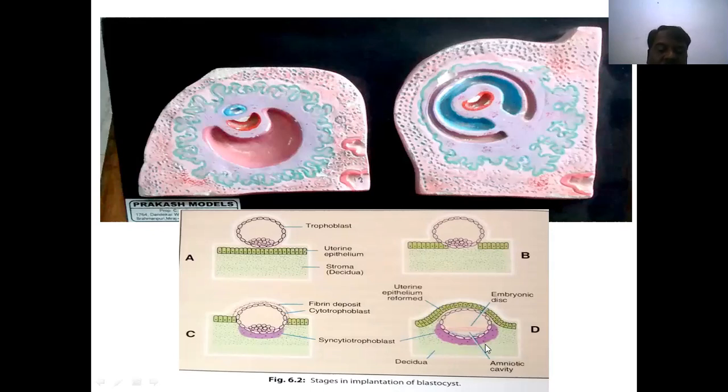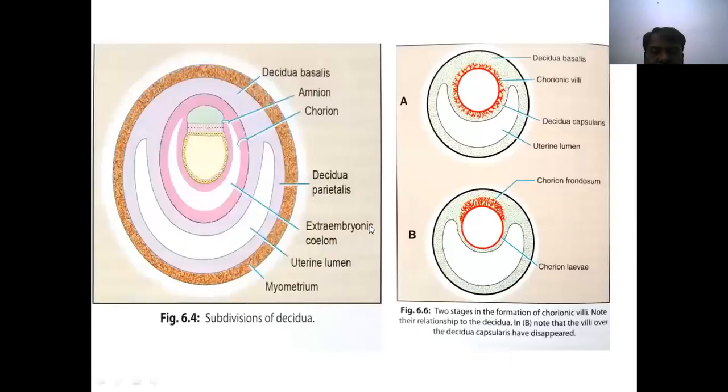Whereas in the secondary villi formation of the placenta, see here, we can identify how it is attached to the decidua. These are the maternal blood vessels going to these finger-like villi, reaching the primary villi. Then we have the anchoring villi, which erode inside and hold the position in the formation of the placenta. See here the decidua basalis and this is the chorionic villi. After that, the villi disappear and only the chorion frondosum is there. Where the villi disappear, that is called the chorion laeve.